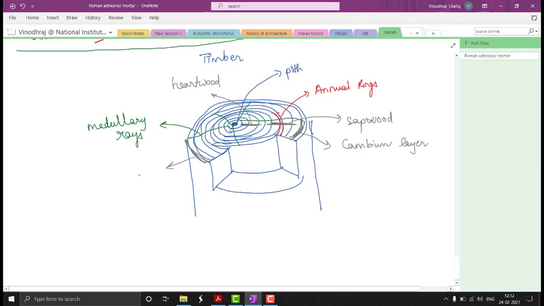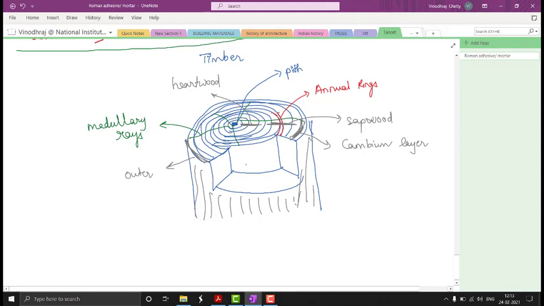Then there is the bark of the tree, the outer bark and the inner bark, where the structure of the tree will be seen. So there is pith. These are the annual rings. These rings, and the rays which emerge from the pith, are medullary rays. Heartwood is closer to the pith. Sapwood is a little bit away from the pith, where sap is stored, and the outermost layer is the cambium layer, protected with inner bark and outer bark.